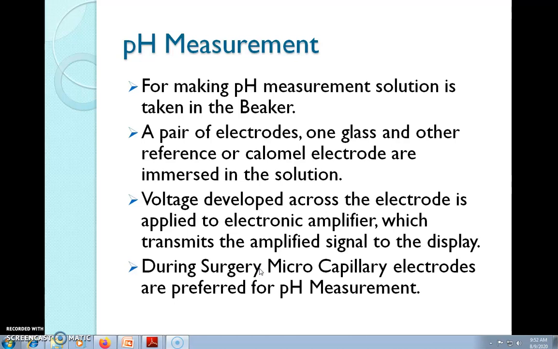Error caused in pH measurements due to temperature effect can be compensated either manually or automatically. In manual adjustment, the instrument is calibrated at 25 degrees Celsius. The control is simply set to the actual measuring temperature. By this adjustment, the output current of the amplifier gets corrected to the desired temperature.